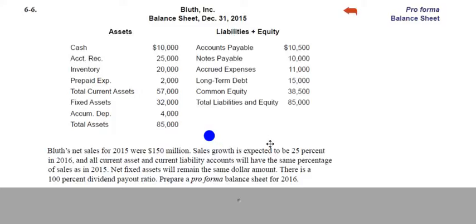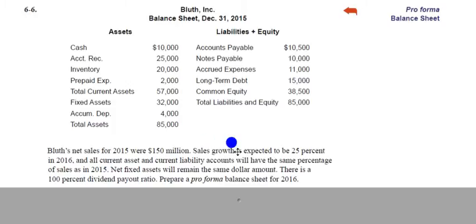initial projections. So our initial projection is that after net sales of $150 million in 2015, sales growth, or the increase in net sales, is expected to be 25%. And all current asset and current liability accounts will have the same percentage of sales as in